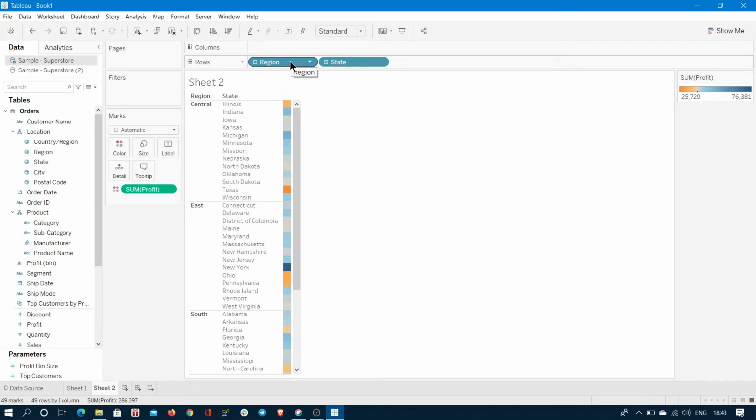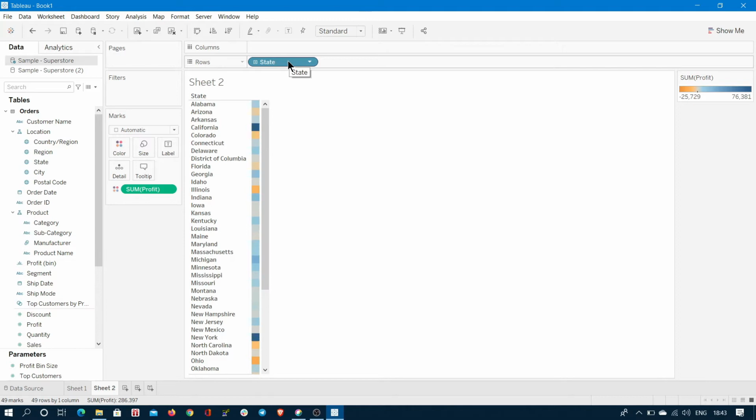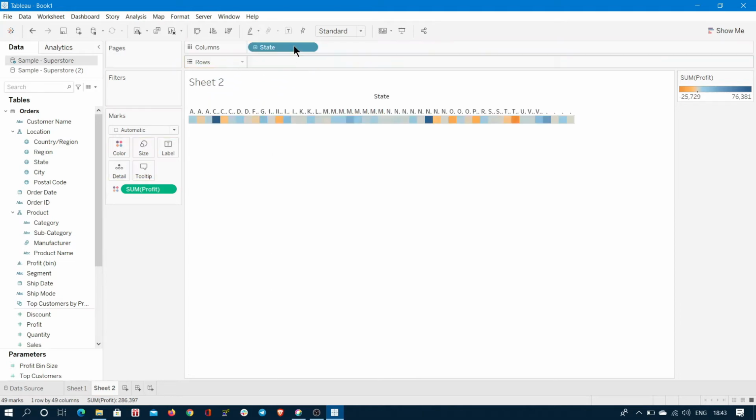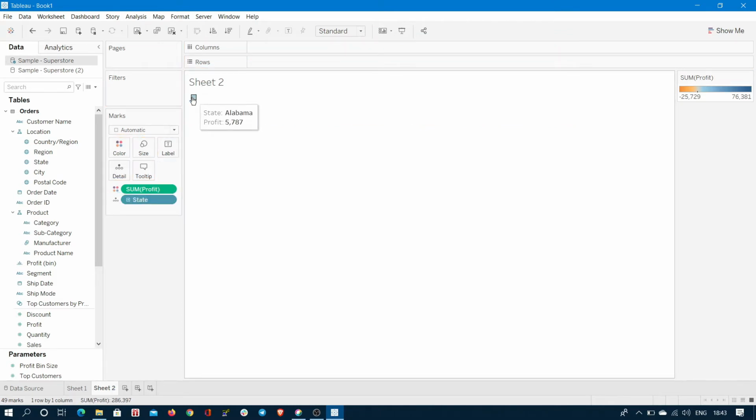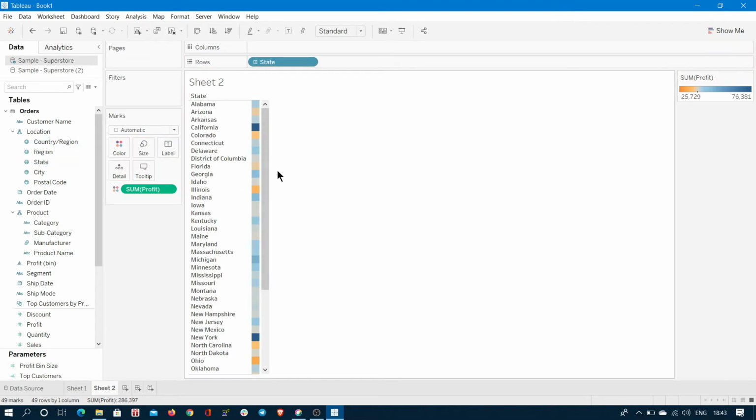Drag and drop this region back so that only state is available, and use this state in the form of columns. It's not good looking, so I want to add it back. Based on your requirement, it may not be good looking, but a heat map was created.